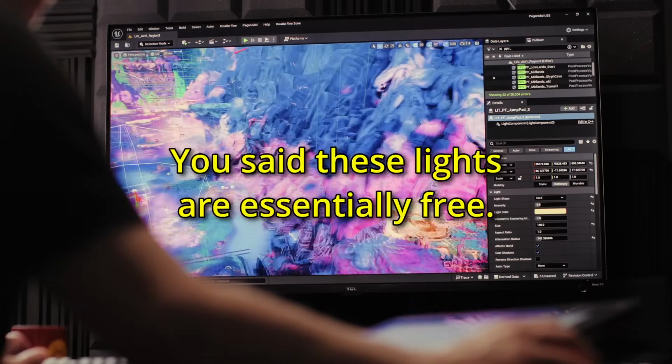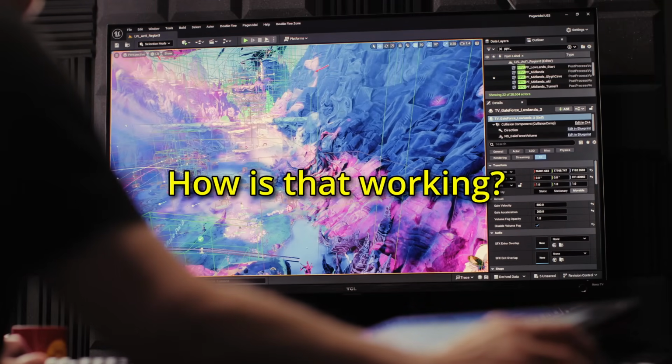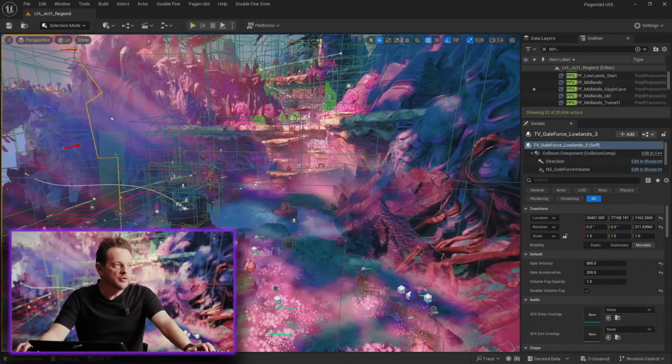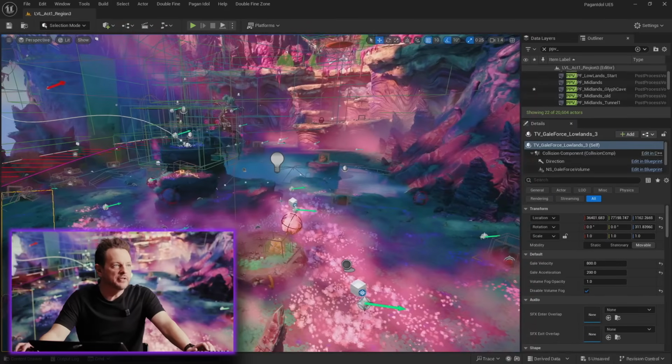You said that these lights are essentially free. Yeah. How is that working? Well, once you're paying for Lumen, you can. So how I originally came up with this idea was